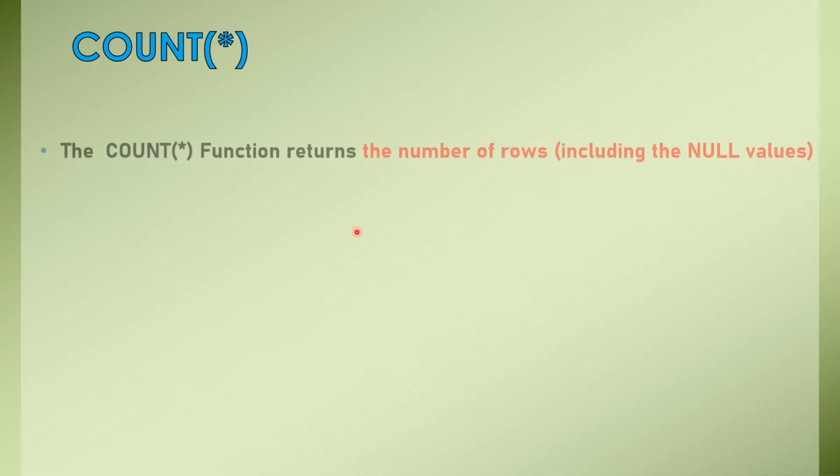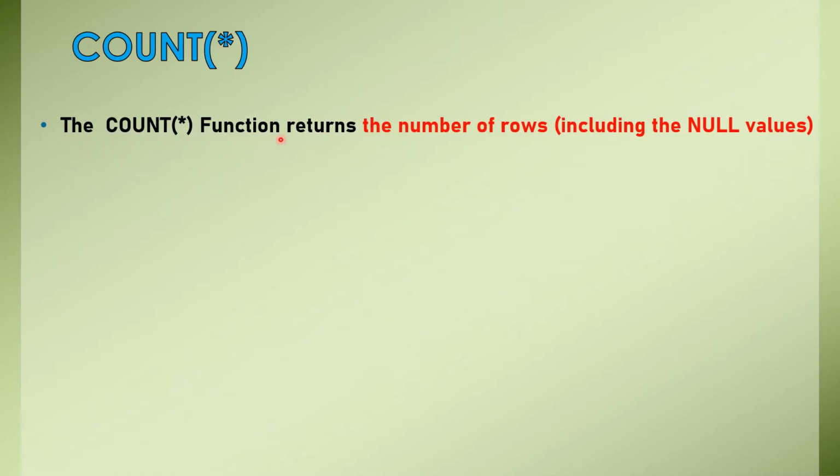At first we will look into what is the meaning of count star. If you write count star, then what will happen? It will return the total number of rows including the null values also. Suppose you write star, and a particular row has only product ID given, and the product name, the price, and each of the other fields are null. Suppose I am considering the product table. This function will even consider that row also. That row will be included, so it includes the null values.